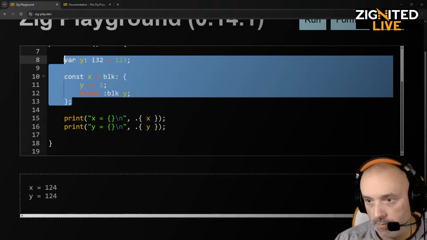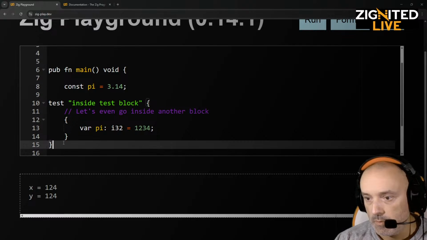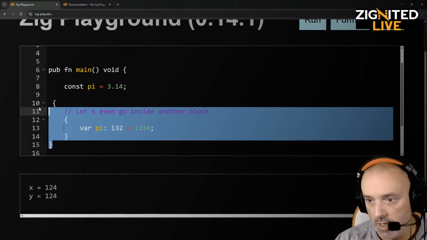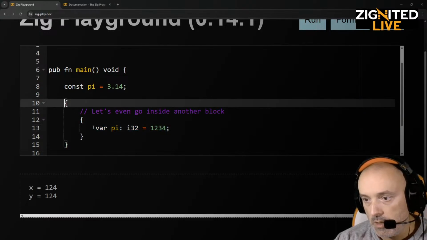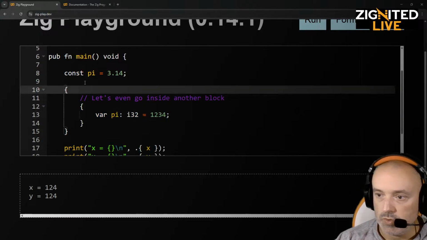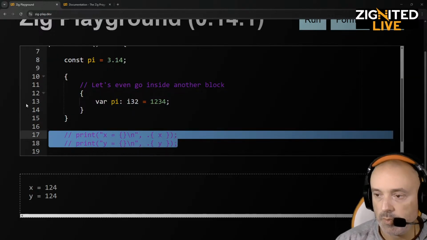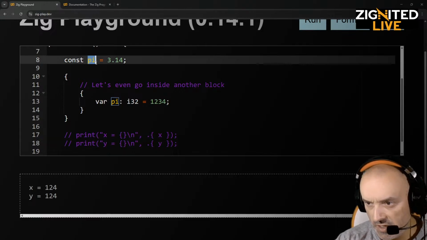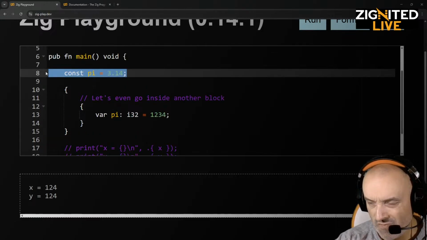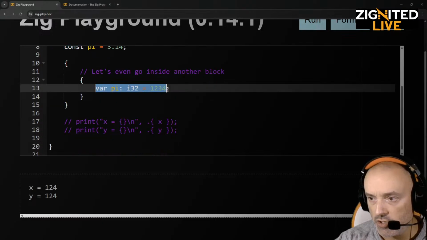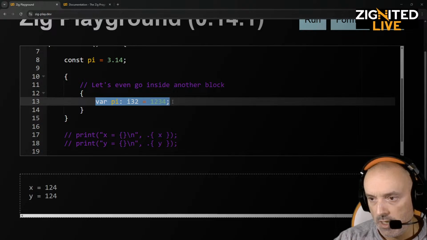Let's do it here. And I will not test. I will just create an anonymous block. It's okay. So just to double check, pi. So this doesn't even need to work because it should break here, right? Because they define pi here, which is constant, and then they go, in this case, 2 blocks inside, but it will be the same with 1. And they try to redeclare the same,